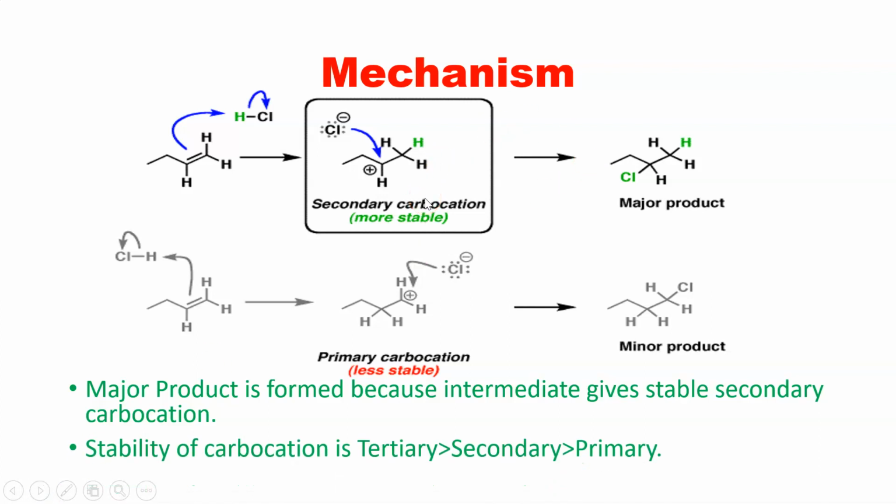In a predict-the-product question, an asymmetrical alkene will be given to you, and then you have to identify, with the suitable reagent, what kind of product it will form. So always try to find the mechanism which gives a secondary carbocation, and then we get a major product. Not only secondary, but whichever is higher. So try to find the most stable carbocation, and then we get the major product.